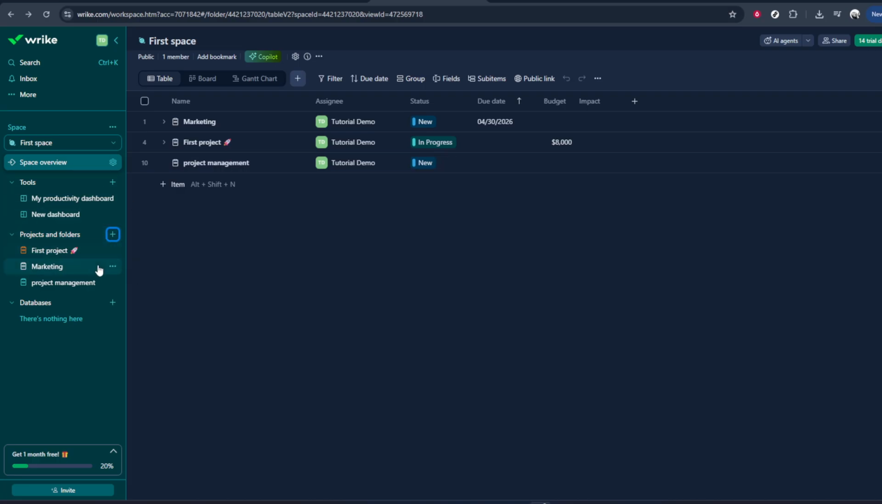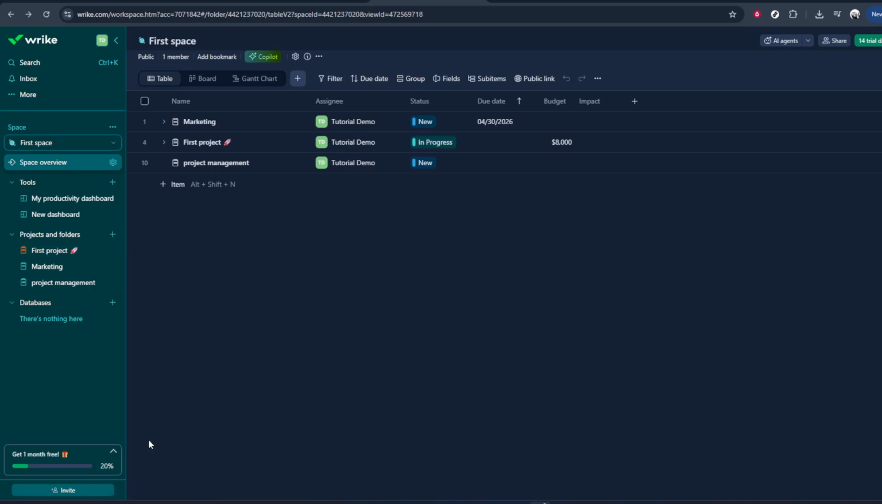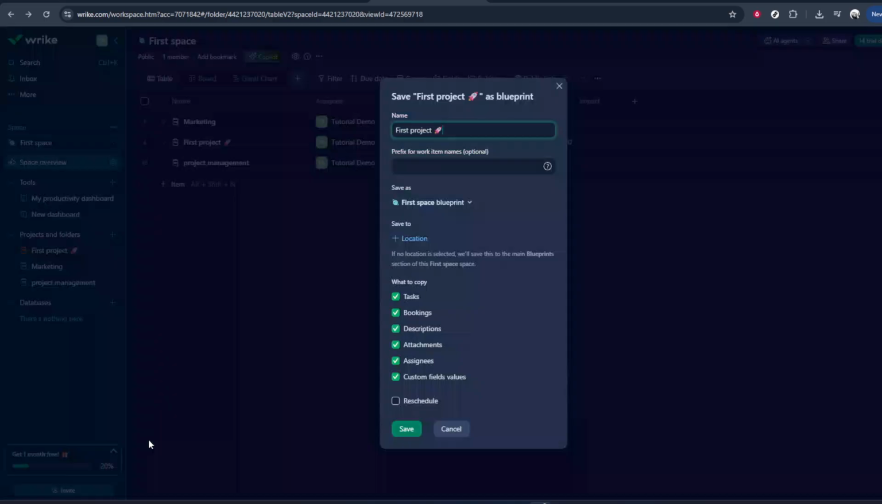From that drop-down menu, look for the option labeled Save as Blueprint. Go ahead and click on Save as Blueprint. Wrike will now create a blueprint version of this project, preserving its structure. Depending on your settings, you might be prompted to confirm or adjust the name of the blueprint. It's a good idea to give it a clear, descriptive name, especially if you plan on creating multiple blueprints for